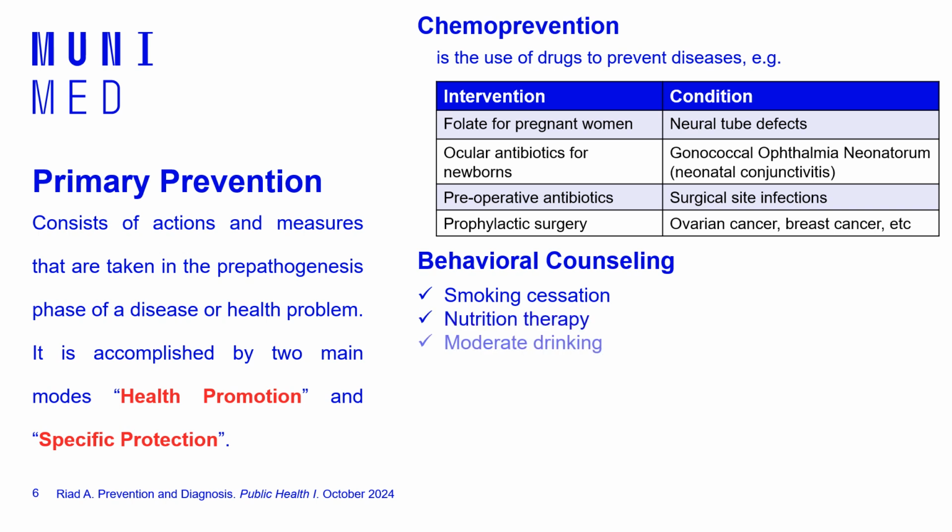The same goes for nutrition, the type or quality of food and its nutritional value for patients. Moderate drinking: you can also discuss with your patients their drinking behavior and style in order to decrease or control their drinking frequency. The same also for sexual behaviors and attitudes, in order to make practices safer and more hygienic. But before you start to have these conversations with your patients, you need to think of two questions.